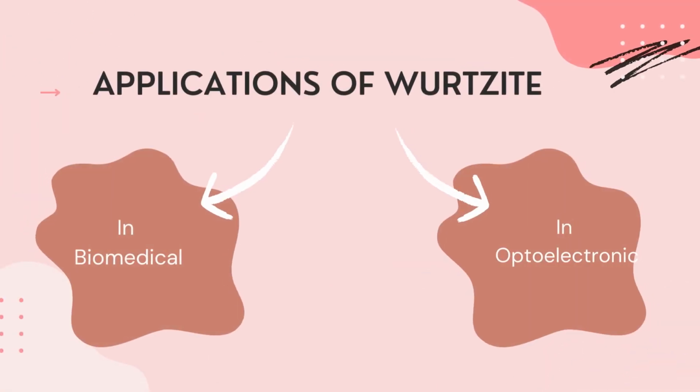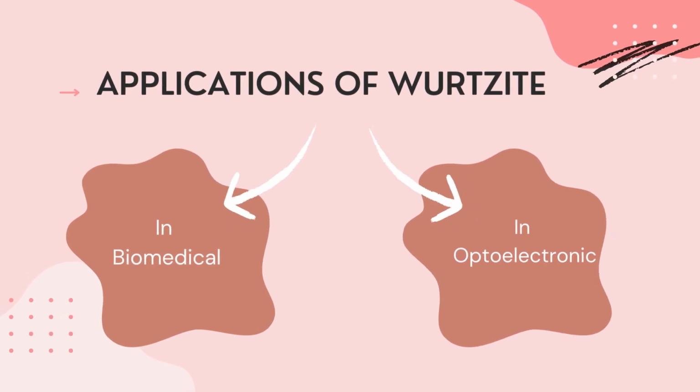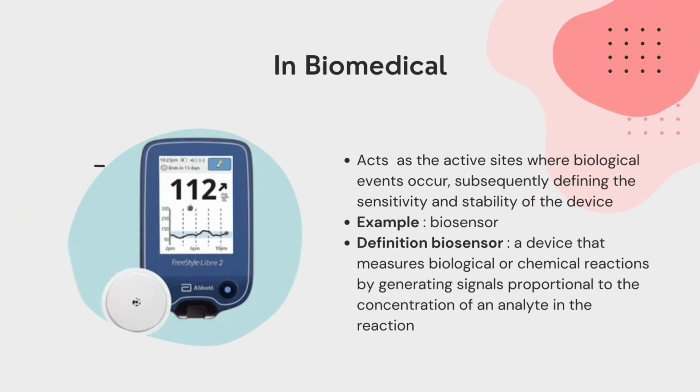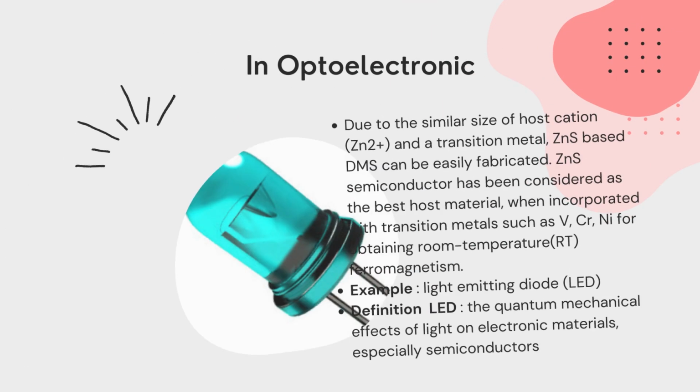Applications of Wurtzite are divided into 2 types, which are biomedical and optoelectronic. In biomedical, Wurtzite acts as the active site where biological events occur, subsequently defining the sensitivity and stability of the device, for example, a biosensor. What is a biosensor? A biosensor is a device that measures biological or chemical reactions by generating signals proportional to the concentration of an analyte in the reaction. Next is